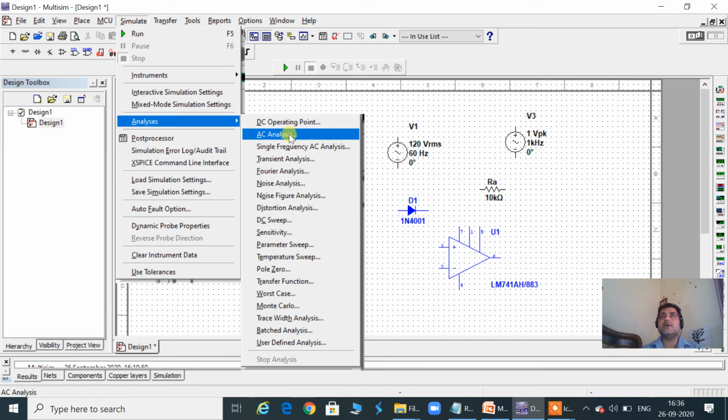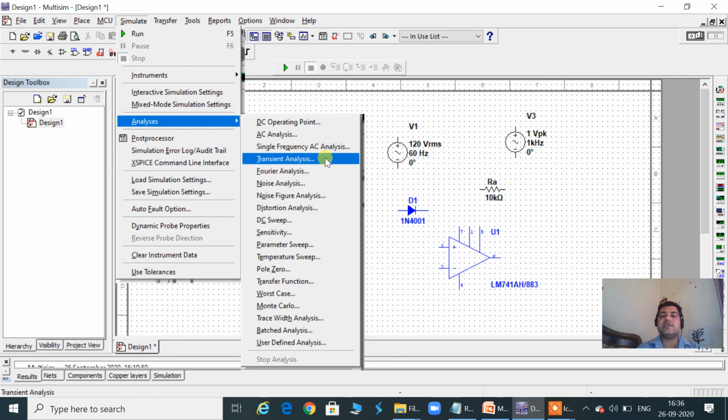Normally in practice, whenever we are going to buy a speaker, in the shop we tell him to play some music, some classical, some modern. We want to see whether every beat is amplified properly or not, and for that this AC analysis is performed.